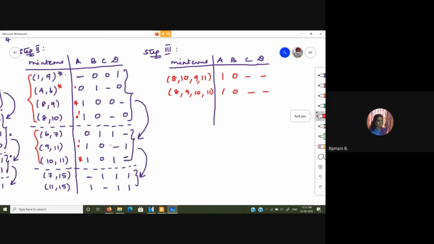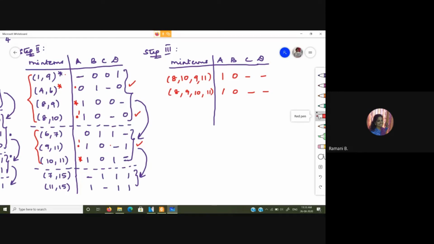Next, what I am doing is, I compared with respect to the second dash position. So here I have a dash in C in these two combinations, and with respect to this 9, 11 combination. So I am comparing only those terms. So 4, 6, I compare it with 9, 11. So here I can see that only dash is common. However, A, B and D are changing value. So there is no further possible checking for this 4, 6 term. So I have marked a star there also.